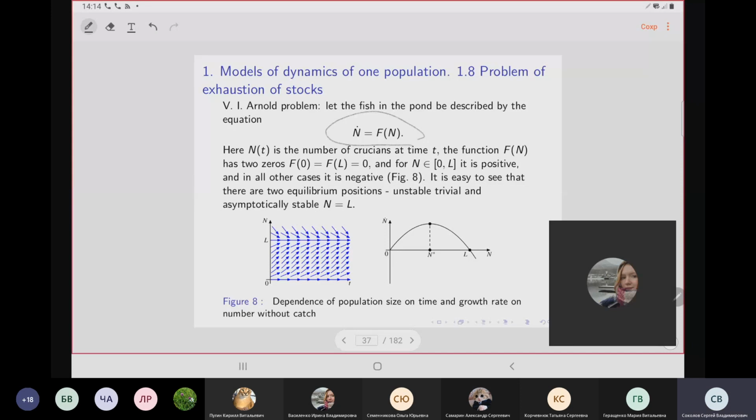We assume that the function has two zeros. So if we write f of n here, f of 0 is 0 and f of L is 0. Between them, our function is positive, and in all other cases, it is negative. So for this shape of our function on the right-hand side, we can conclude that L is stable, 0